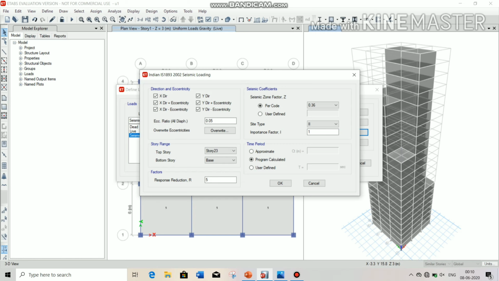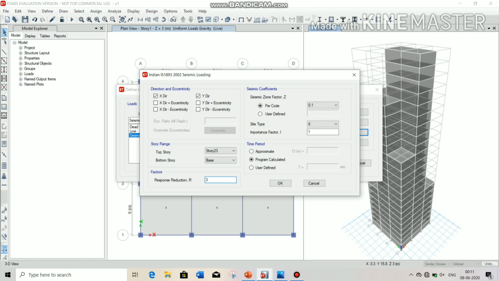Now here choose only X and Y direction. There is no requirement of eccentricity. And in our previous video, we already showed for Bangalore, the seismic zone factor Z per code is 0.1, the site type is 2 and the response reduction is 3.